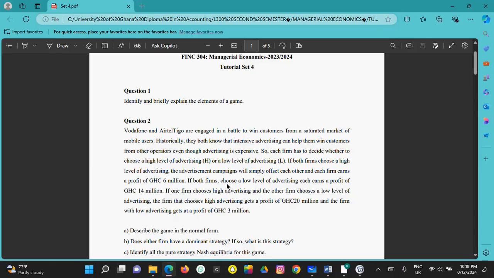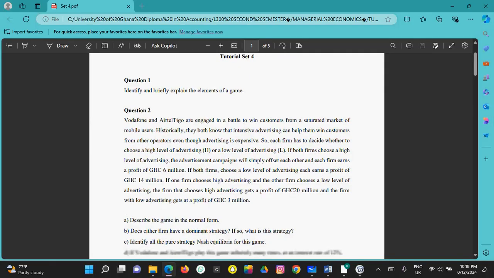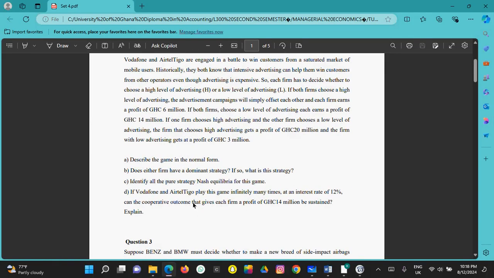If both firms choose a low level of advertisement, each earns a profit of 14 million. If one firm chooses high level of advertisement and the other firm chooses a low level of advertisement, the firm that chooses high gets 20 million, and the firm with low gets a profit of 3 million, right? And then A, describe the game